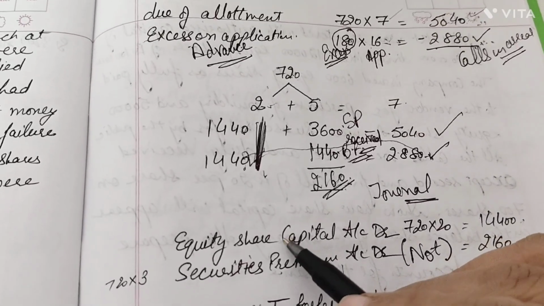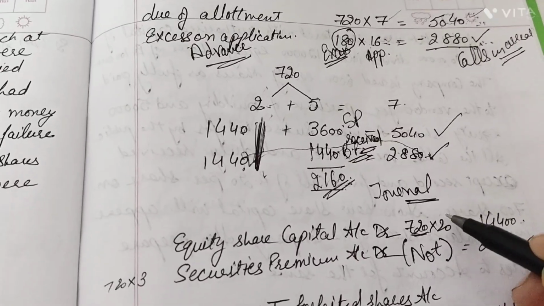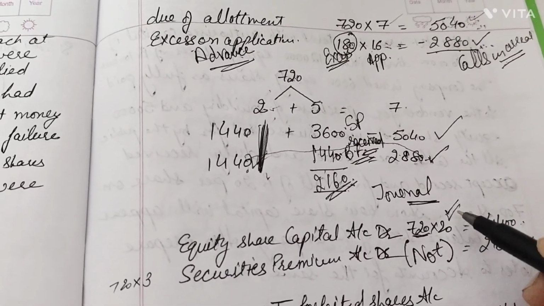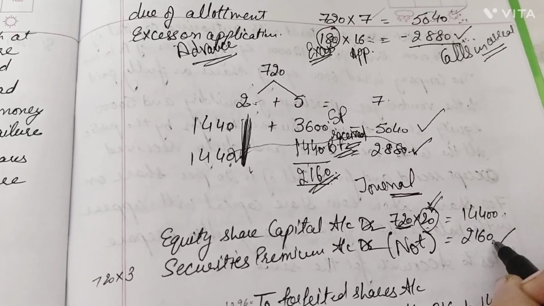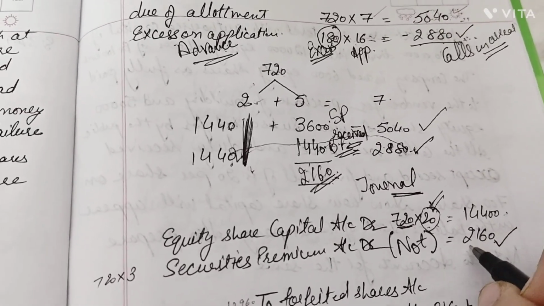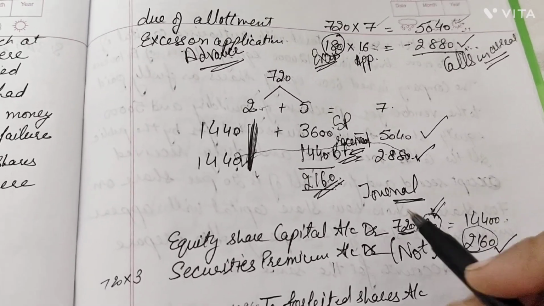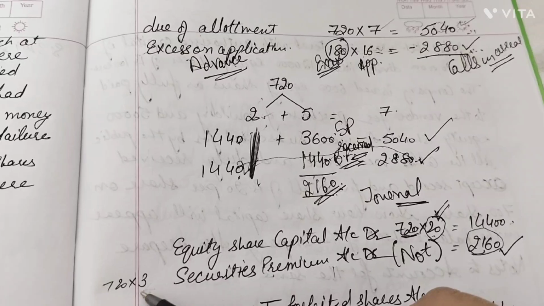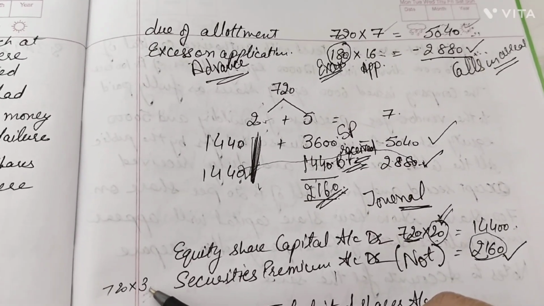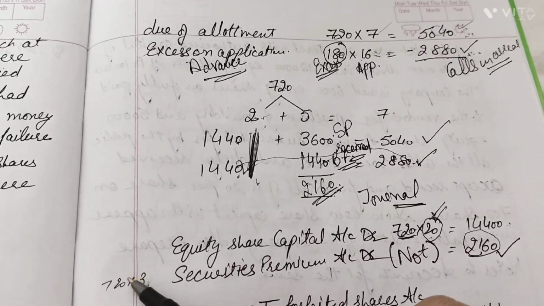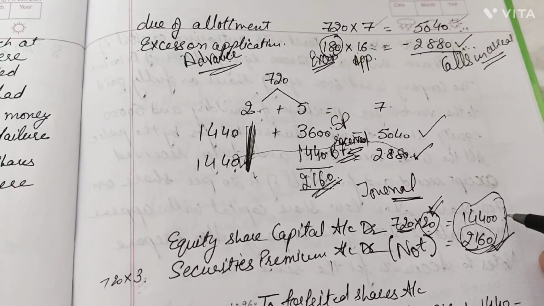That is 2160. And how many shares do we have to forfeit? That is 720 shares. What is the equity share capital called up here? That was fully called up for rupees 20, and the premium which was not actually paid by him. Now if I take these 2160 rupees divided by 720, how much premium is not paid by him? That is rupees 3. Out of 5, rupees 3 premium is not paid by him. Although we don't need this calculation. So here we got the total sum payable by him.